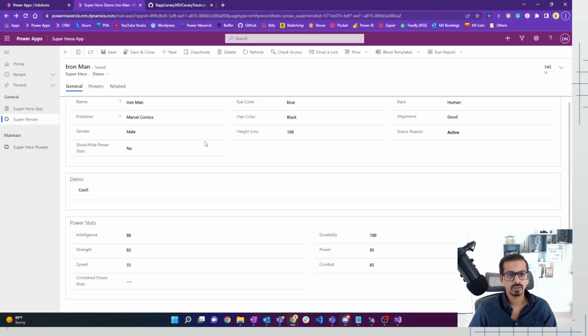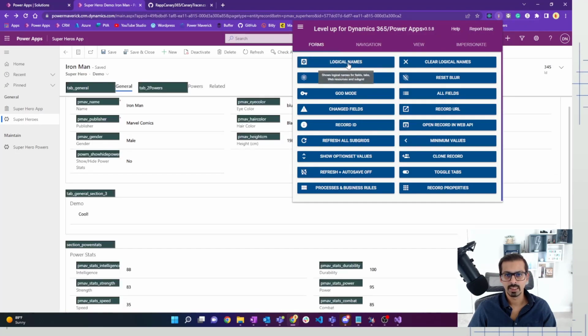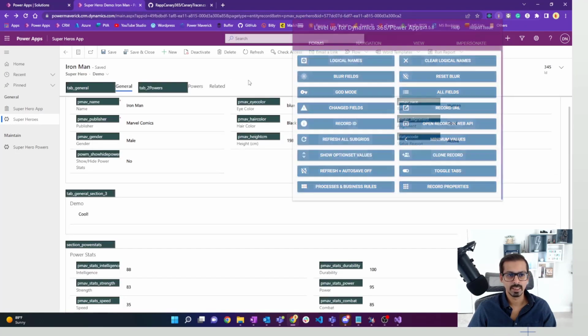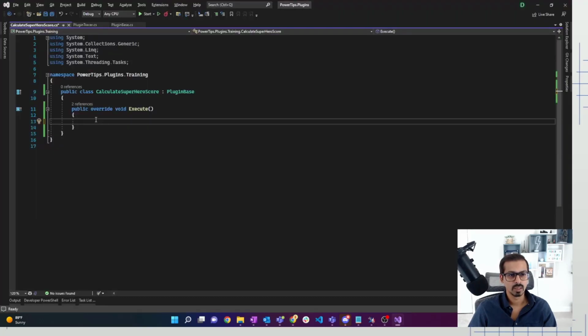So again, going back to my superhero entity and going to that form, I want to get the schema name of this particular field. Now to get the schema name of this particular field, I'll be using Nataraj's Level Up tool to get the logical names. So once I click on the logical names, I get all the logical names that I want. So I'm just going to double click and then copy the logical name, come back here, and I'm going to say, and this is going to be